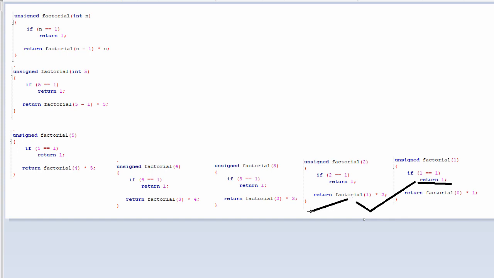And then that value is going to go here. So factorial of 2 was 2, and we have got 2 multiplied by 3 is 6. And this goes here. 6 multiplied by 4 is 24, and this goes here. And 24 multiplied by 5 is 120. And that's all, right? We have finished the invocation of all the functions